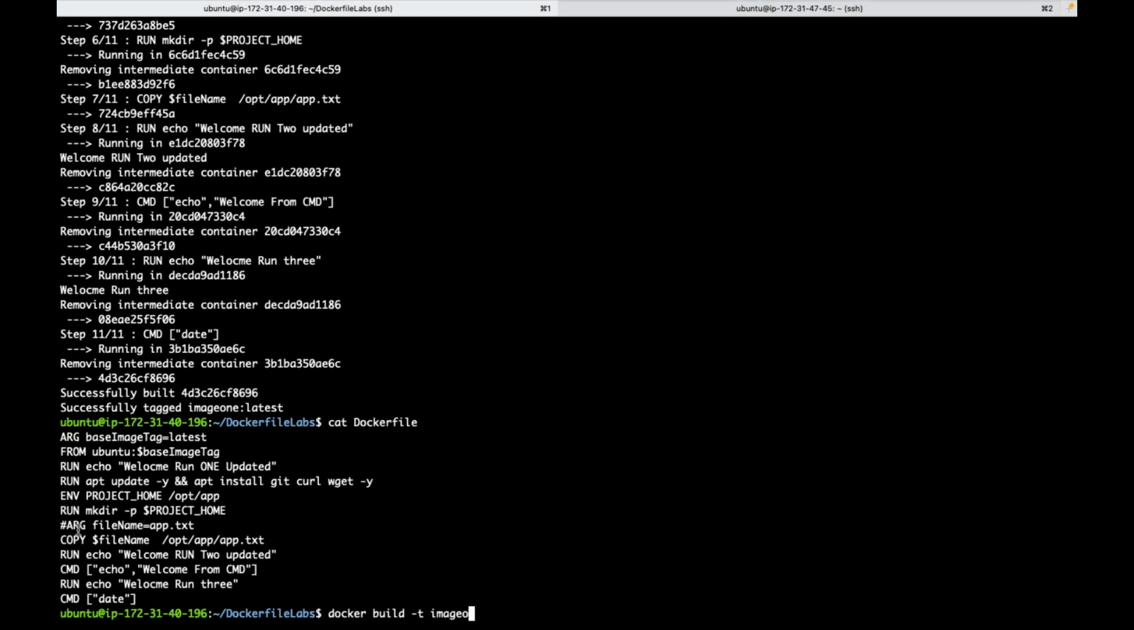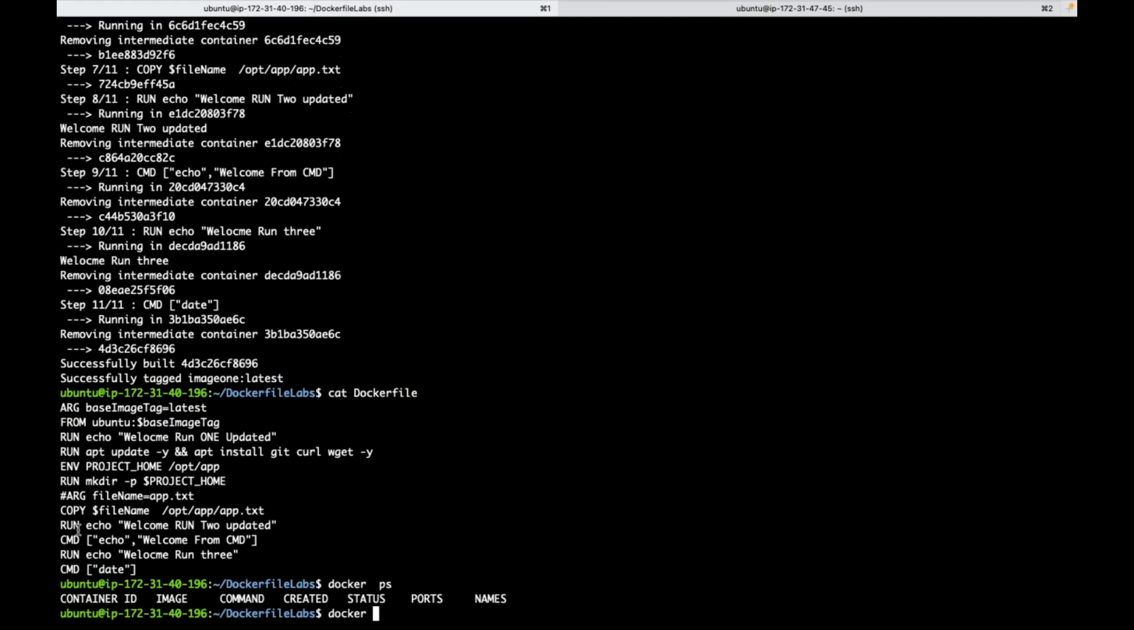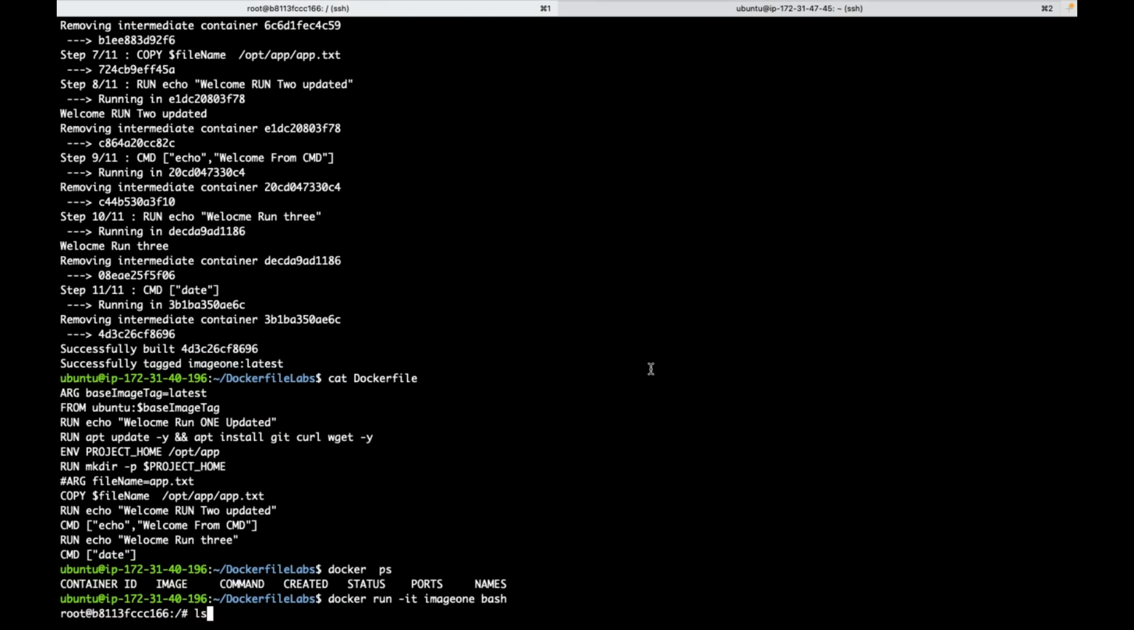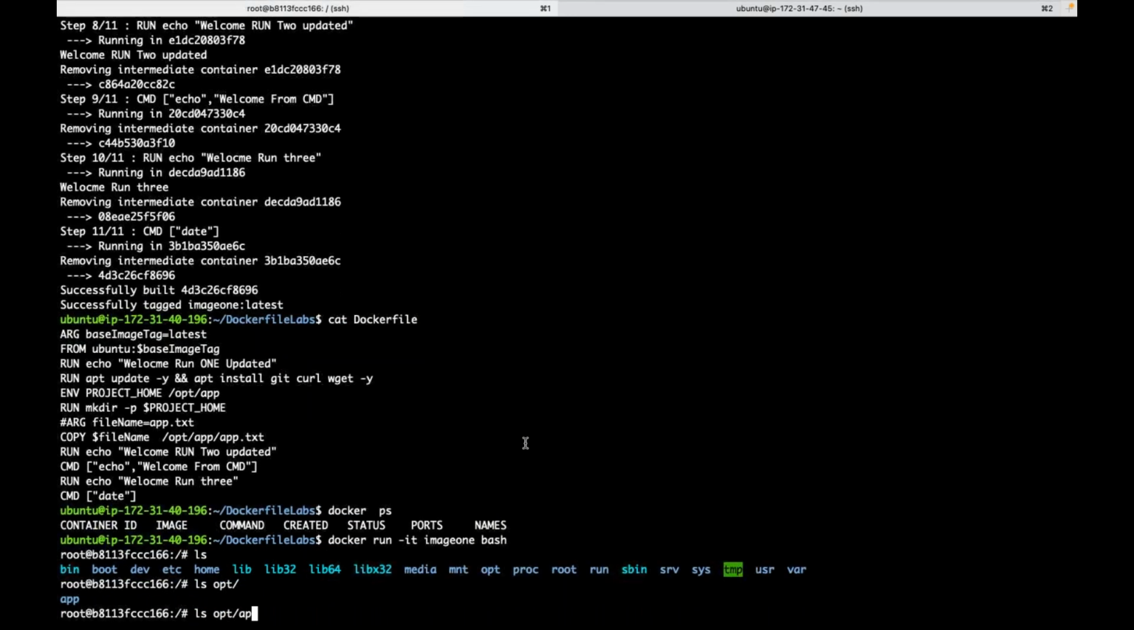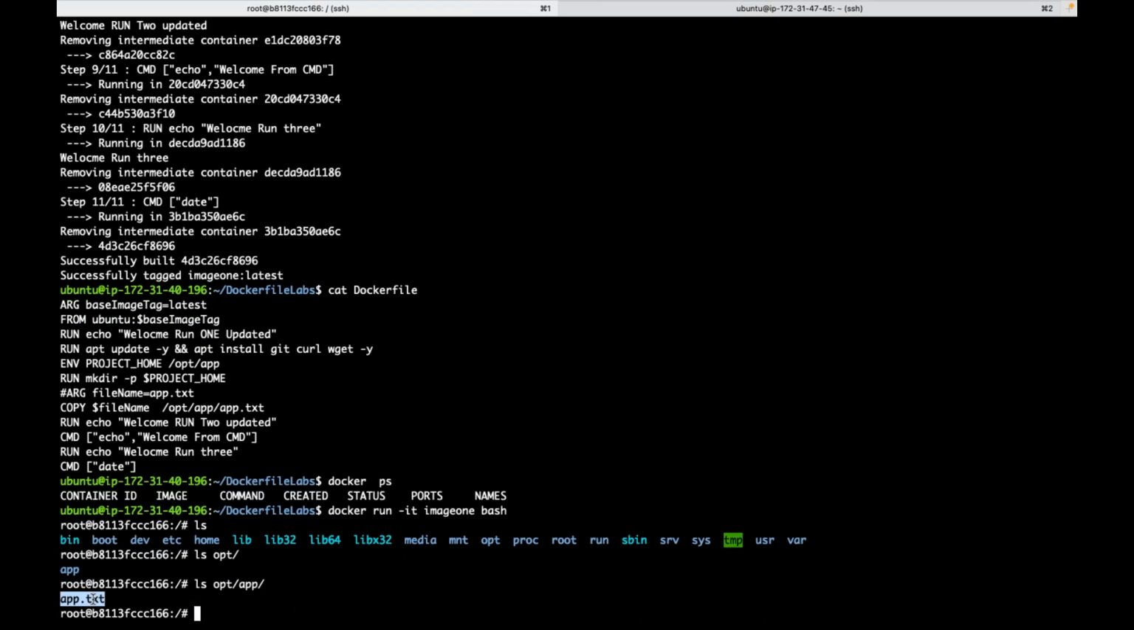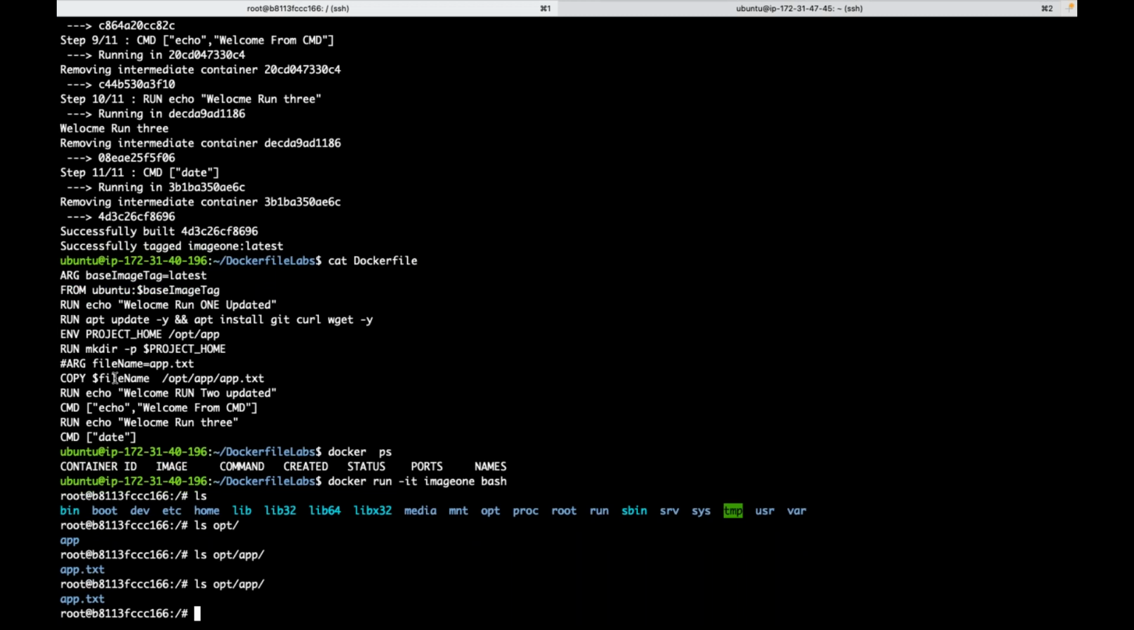But let me see. Let me go inside that container. How come it is working? Let me see inside, by interactively creating the container. Now here, ls: the opt folder is there, the app folder is there, this text file is there. How come it is copied? This file name,